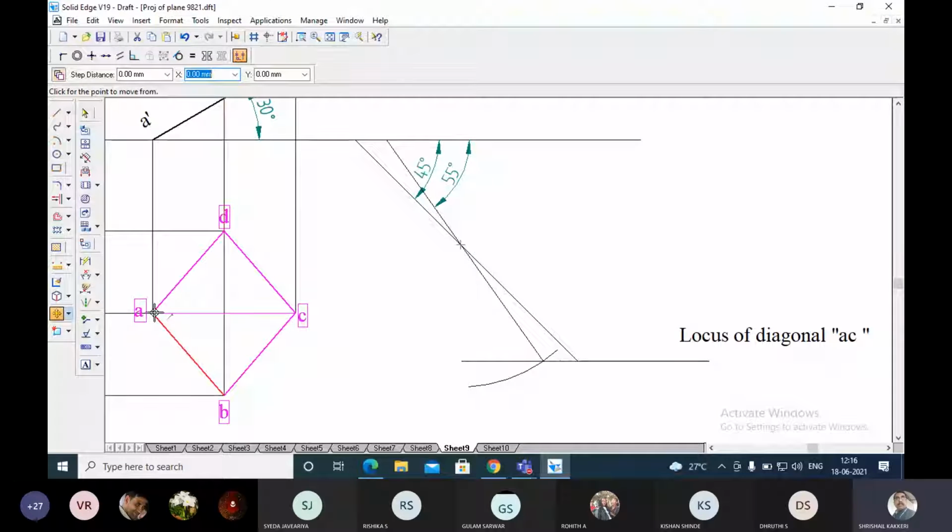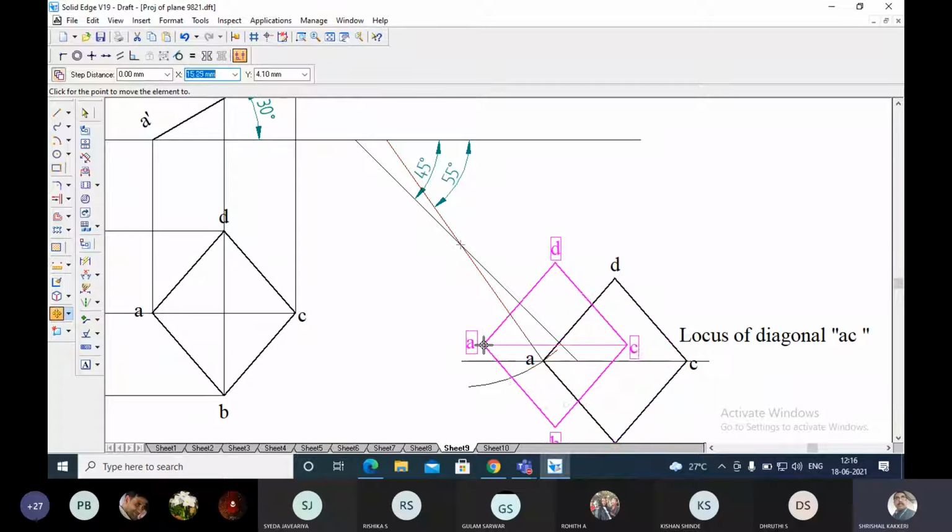You decide whichever you want. You want to take this A here, you take, or you want to take this C here, you take. Okay, let me take A, no problem. Whichever you want, you can take. They have not given us whether A is nearer to the observer or C is nearer to the observer. We feel whatever you feel, you can do it. Okay, I'll take A.